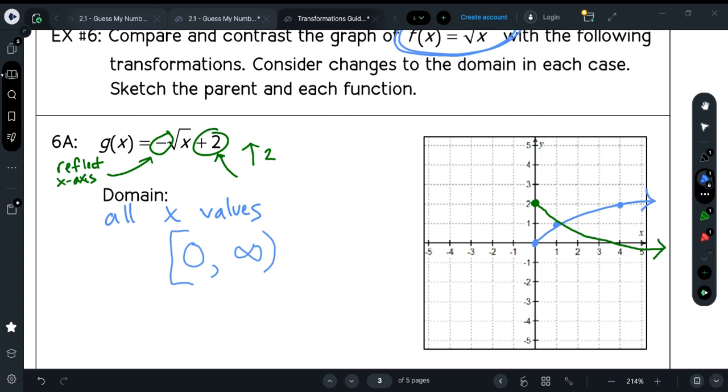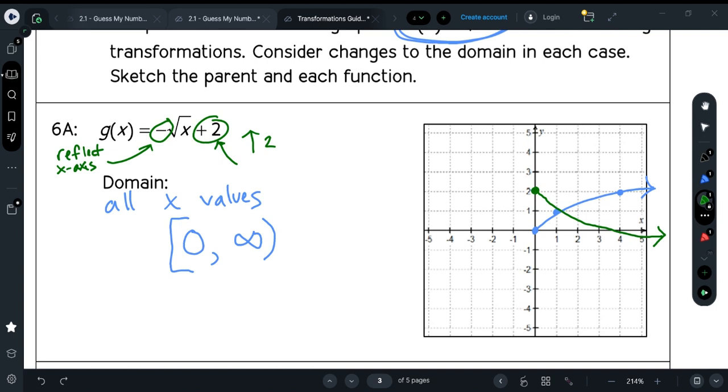Okay, so what about the domain of this guy here, g of x? Well, if we take a look at the graph left to right, this is still as far as the graph goes to the left. Notice that the domain actually doesn't change here because the graph didn't get shifted left or right. It only got shifted up. So this domain is going to be identical. The furthest to the left it goes is a 0, and then the furthest to the right it goes, well, it goes forever, so it's an infinity. So our domain for g of x